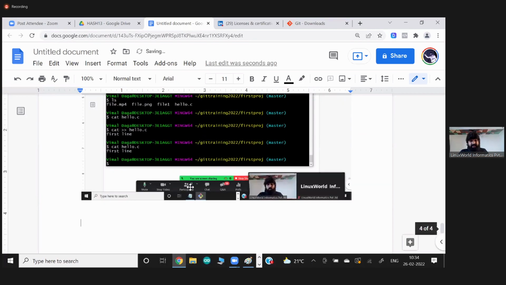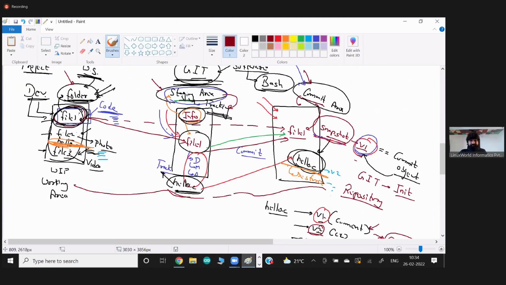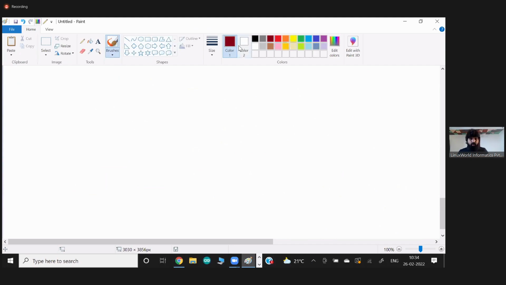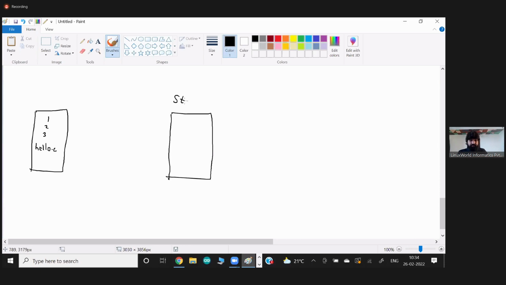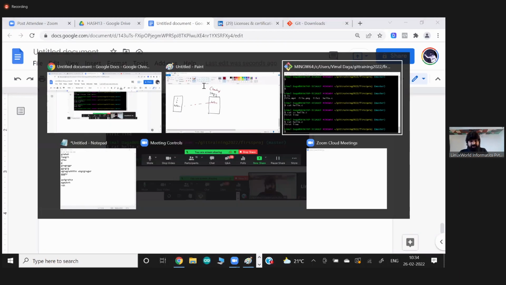Because this file is there in the staging area, let me clean my diagram a little bit so we can focus more on the main concepts. In my working area, we have one file, second file, third file, and one more file called hello.c. This file we put in the staging area, hello.c. Because this file is in the staging area, somebody keeps on tracking this file. Because I changed something in this file,